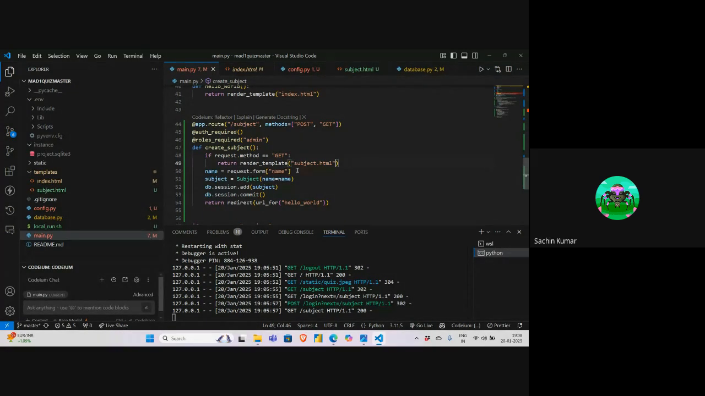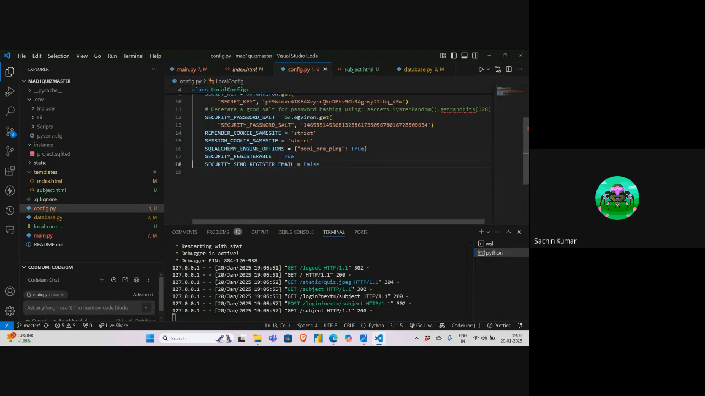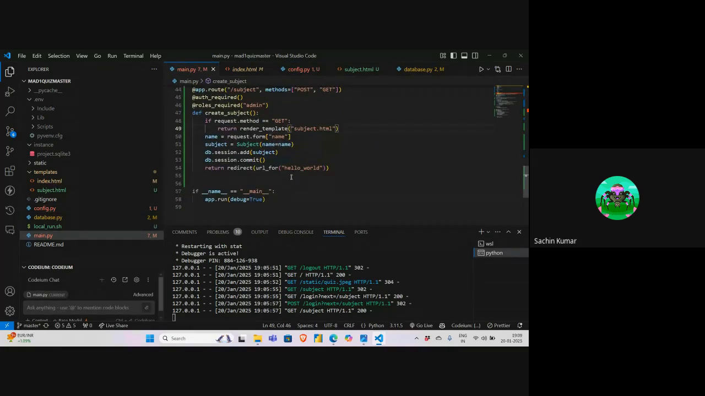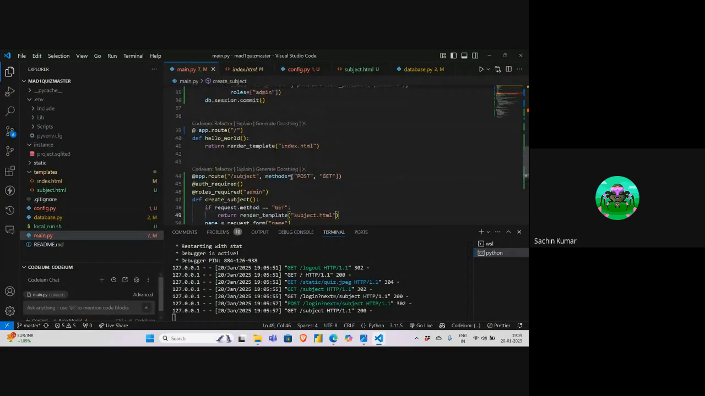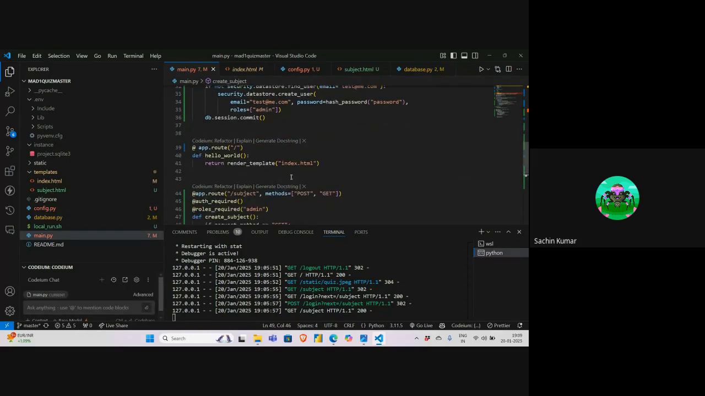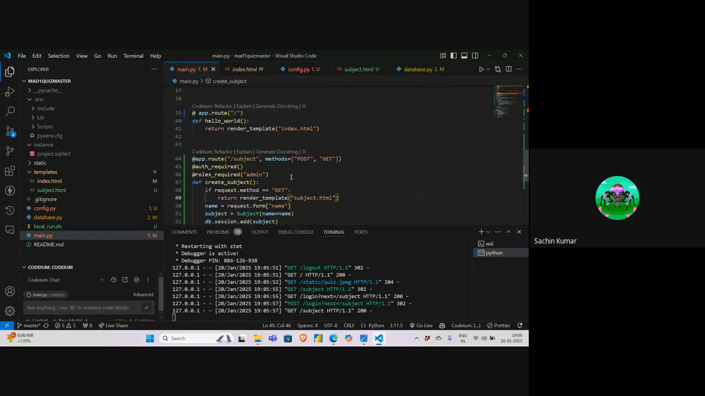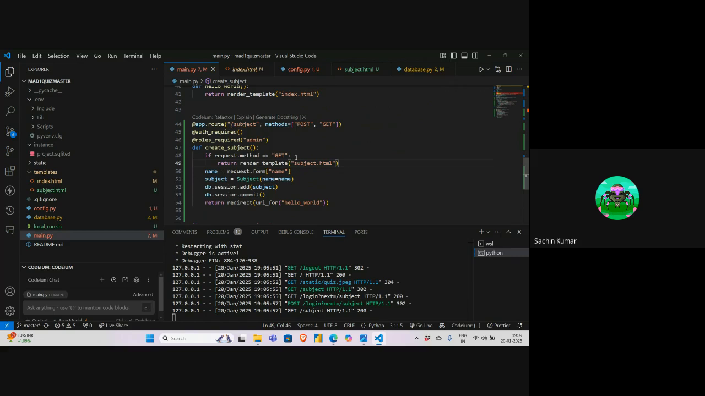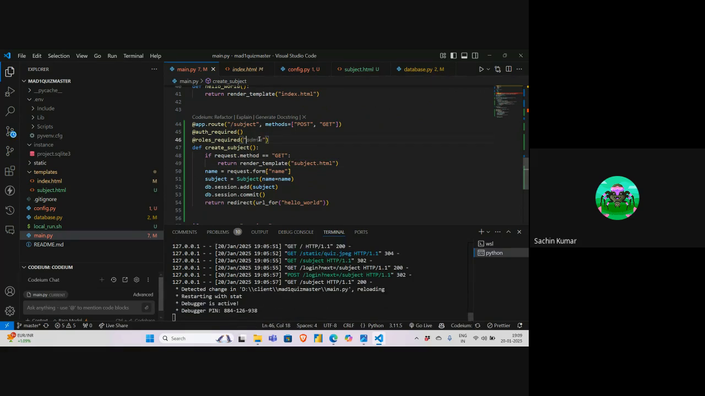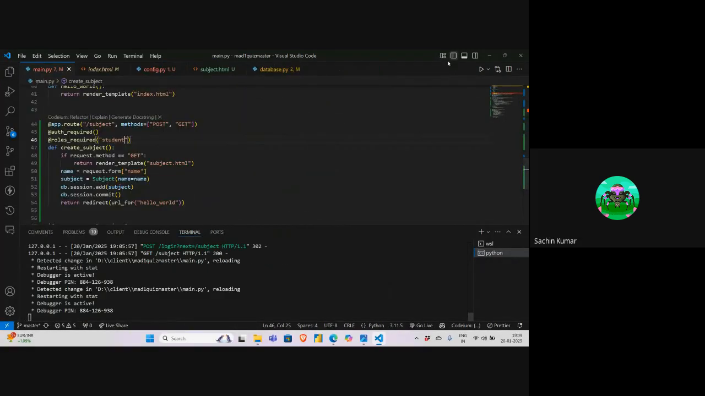Even you can have registration. In the registration, you can mention, like, assign some role. After registration, let's suppose I want student. This should get accessed by the student itself. So there's a way to assign the role